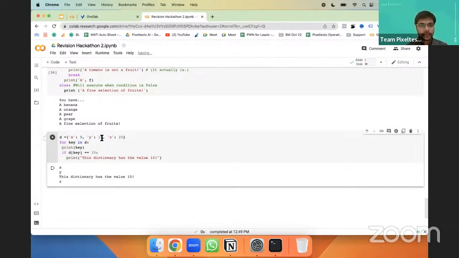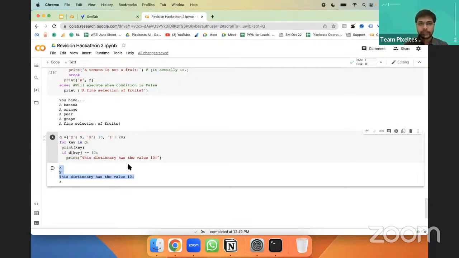Whenever it came across y, d of y was 10, and we found 10, right? So the statement printed was this dictionary has a value 10. So you can find values in a dictionary using the for loop and if in combination, right? So this is how you can even loop in dictionaries also.